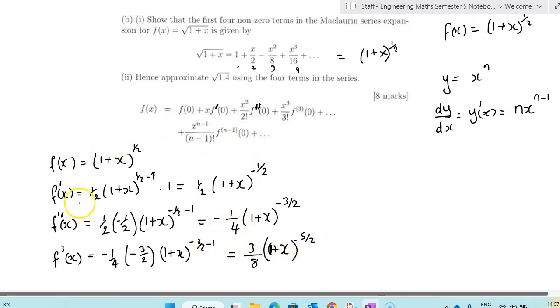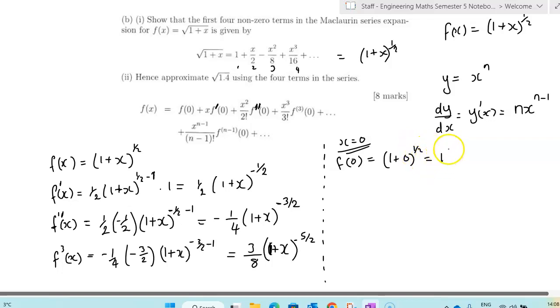So we have done the 3 differentiations that we need. But according to the formula, it's f of 0 and f dash 0. So the next stage is to put in 0 instead of x. So we're going to use x equals 0 next. So that becomes, instead of f of x, we now have f of 0. So all we do is when we have f of x here and we have 1 plus x to the power of a half, we now write 1 plus 0 to the power of a half,